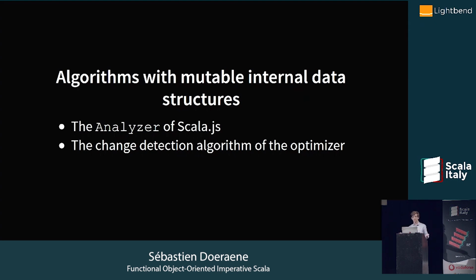But the reachability analysis algorithm as a whole is still a function. It's still purely functional. It takes as input a program and outputs an analysis that says this method is reachable, this method isn't reachable, right? So it's a big file. It's something like 500 lines of code or more by now. It has basically one major entry point, which is compute analysis. I think it's literally called compute analysis in the code.